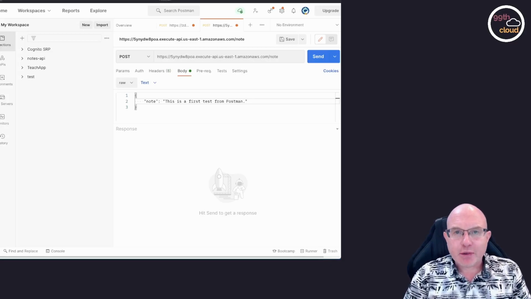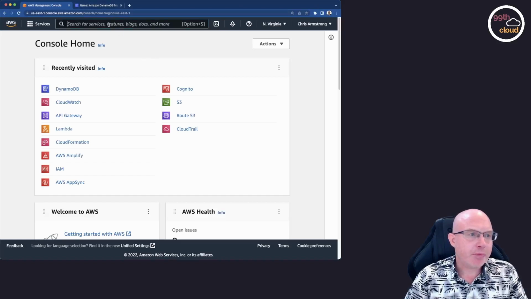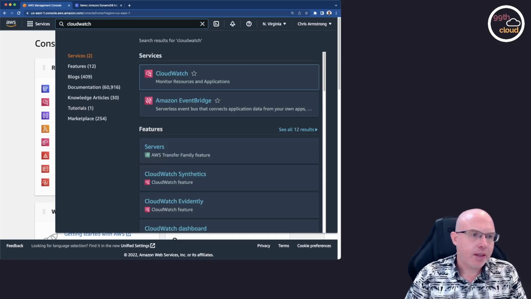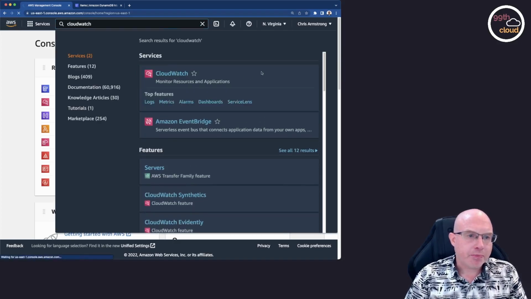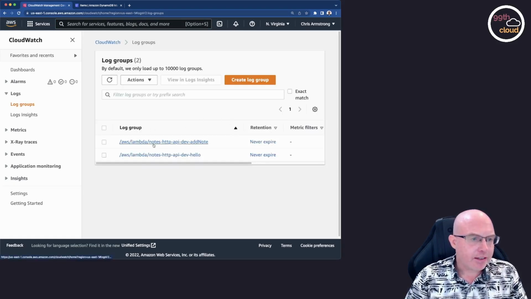Okay, I'm back. I found the error. Let me explain to you quickly how you can debug such errors. So when we get an error such as internal server error, what we can do is we can go into the AWS web console, and here we can search for CloudWatch. So CloudWatch is basically a logging environment. So here you can see that we have this log group called addNote. And if we go into this,